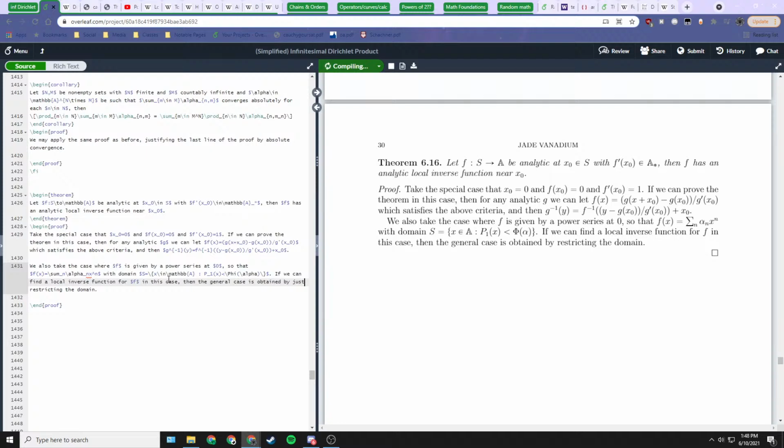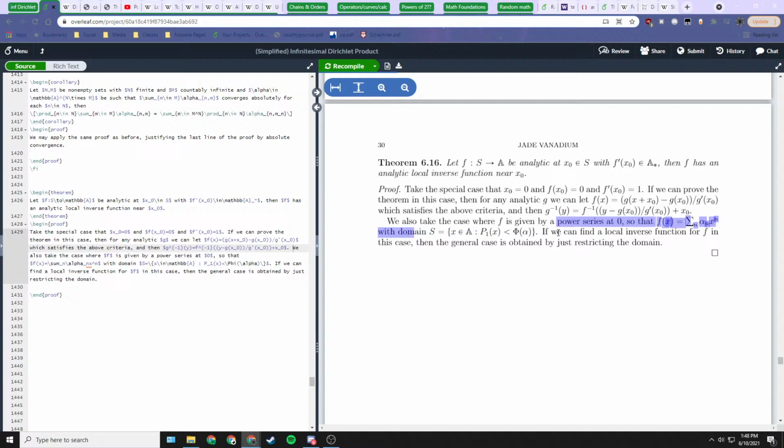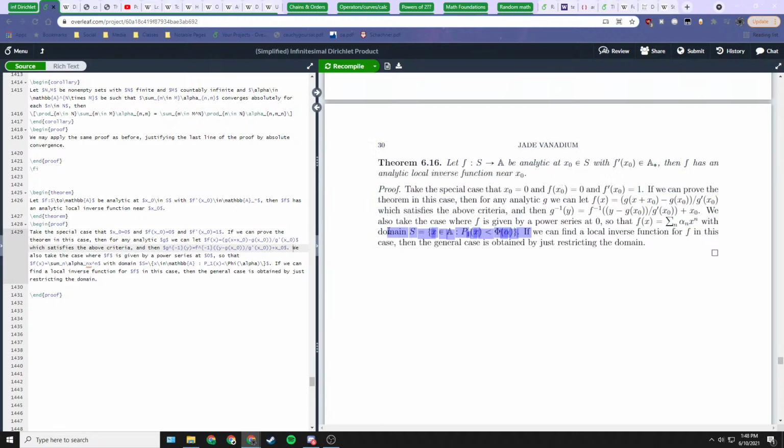Right, so instead of assuming we have a really complicated domain, here we're not making any restrictions on the domain S in this general case. We're saying we're just going to take this special case where the domain is this full cylinder set. So it's the entire maximum open set on which our power series converges. So we're going to take this whole set here. Okay, so now what we want to do is